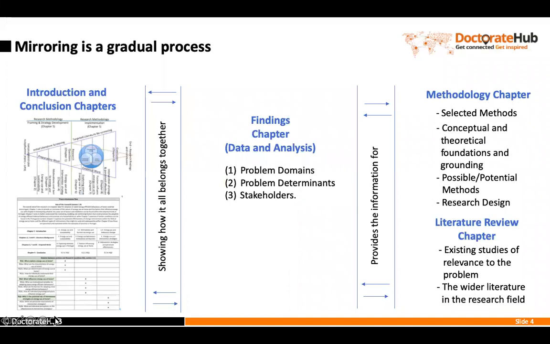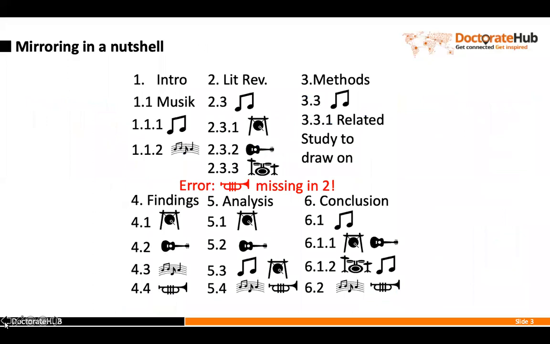Okay, so mirroring is what, very well. Mirroring is also a gradual process. It's nothing that happens from one day to another. It's something that gradually will build up as you go along. So as you make sense out of your research, you slowly will start to establish key terms, like in the earlier slide seen. Key terms here would be, for example, music, drums,